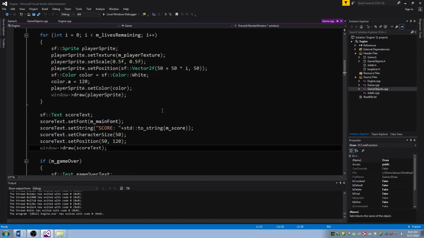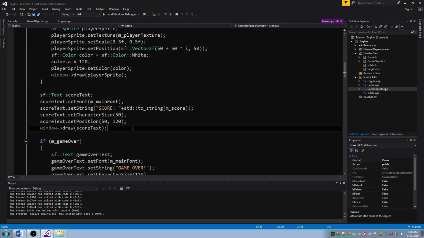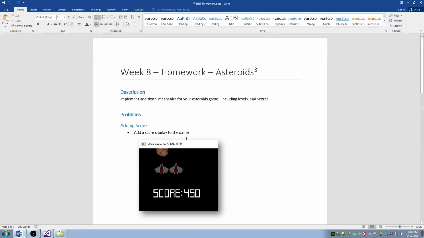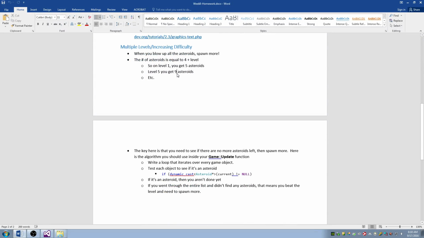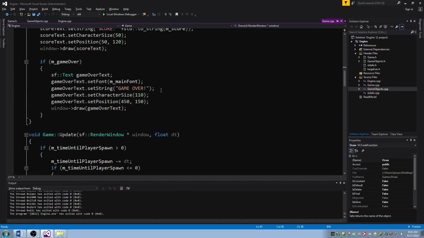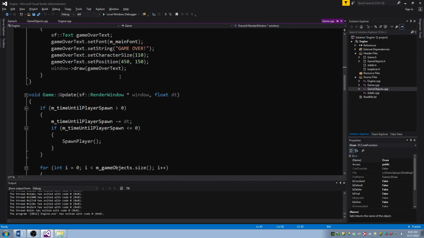Any questions on that? The next part is multiple levels and increasing difficulty. So this required a little bit more work because there wasn't really much in the way of levels and spawning asteroids aside from the base level of spawning asteroids. So